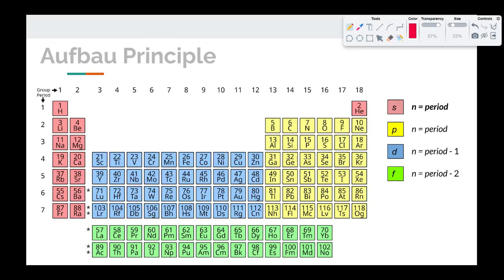Let's do this on this slide. So the first element is hydrogen. Hydrogen has 1 electron in the lowest orbital, which is a 1s. So that's what that's going to look like. Helium, we're just going to add an electron. No more room, we have to move to 2s, which is 1 orbital. So for lithium and beryllium, we're going to need this next orbital. So this is lithium, and then beryllium.